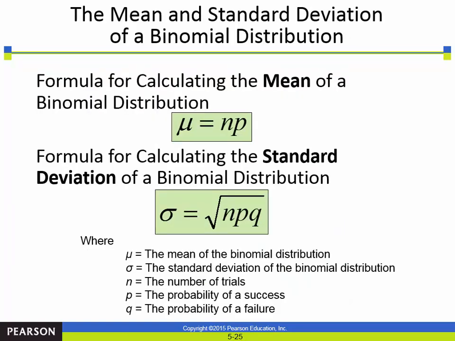There's like a histogram. The mean of a binomial distribution is NP, where N is the number of trials and P is the probability of success. But it's kind of simplified because it's binomial. Because remember, we would find the mean in any of these types of distributions by multiplying it out to do a weighted average. Well, here there's only two choices, so it's just NP. Okay. Standard deviation is the square root of NPQ, or the trials times the probability of success times the probability of failure.